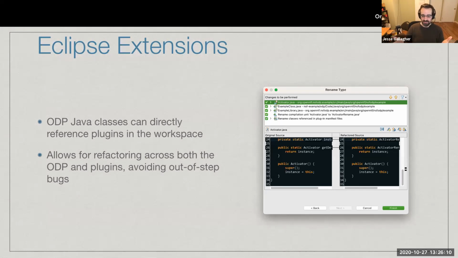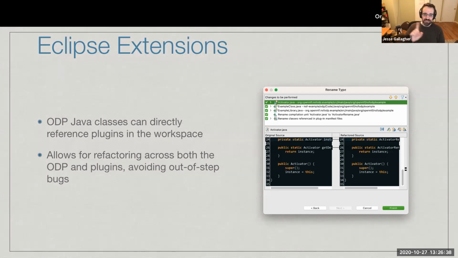So this is an example, a case where you have a class that's in your XPages library, and then you reference it in Java in your NSF, and then you change the name of the class, or you add a new class, or you change a method signature. Normally that won't be visible in the NSF until you deploy it, and then it says, oh, I can't find this class, or I can't find this method. And then you have to install the plugin into Designer, restart Designer, reopen the project,